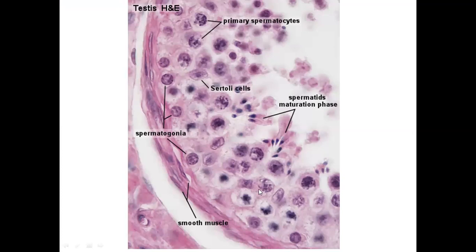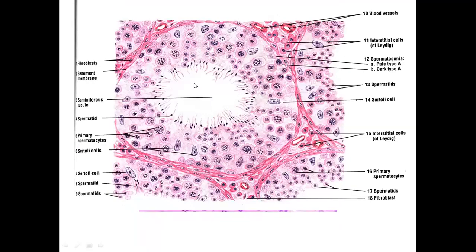Then above them, these rounded cells with clusters of chromosomes appearing in the nucleus are primary spermatocytes. Above them, these smaller rounded cells where the cursor is moving are spermatids, and then spermatids will convert into the immature, fully morphologically changed sperm. And in between them, there are the proper columnar cells, which have a large nucleus, and within the nucleus there is a prominent single nucleolus. These are Sertoli cells.